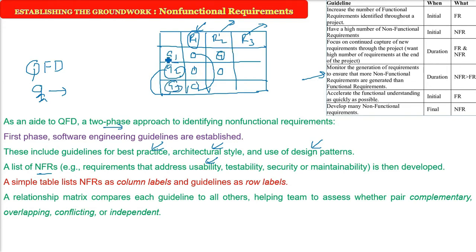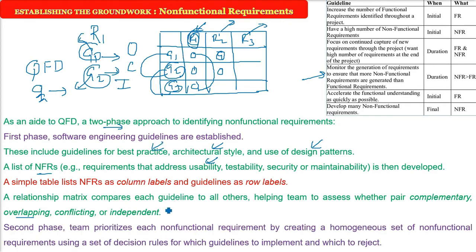I'll tell you. G1, G2, for example, we have two guidelines. We already established the guidelines. For a particular requirement, for these two guidelines, because we are comparing the guidelines, we check whether they are talking about the same thing, so they are overlapping. If two guidelines are saying the same thing for the same requirement, they overlap. If one is saying north and one is saying south, they are conflicting. It may be a scenario where G1 and G2 are entirely different, so they are independent.